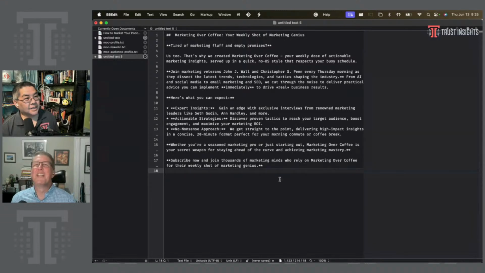Yeah, that's funny. I like how it's definitely hype, right? This is a hype copy. I like the, you've got all the keywords in there. You've got SEO, no BS style that respects the schedule. That's definitely dead on. Yeah, that's tight. That can definitely plug right into the About Us page. Exactly. So we've